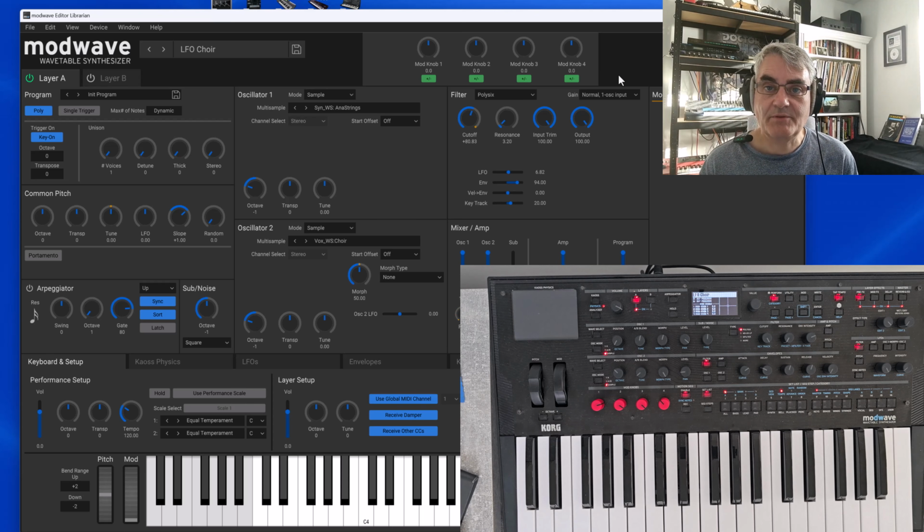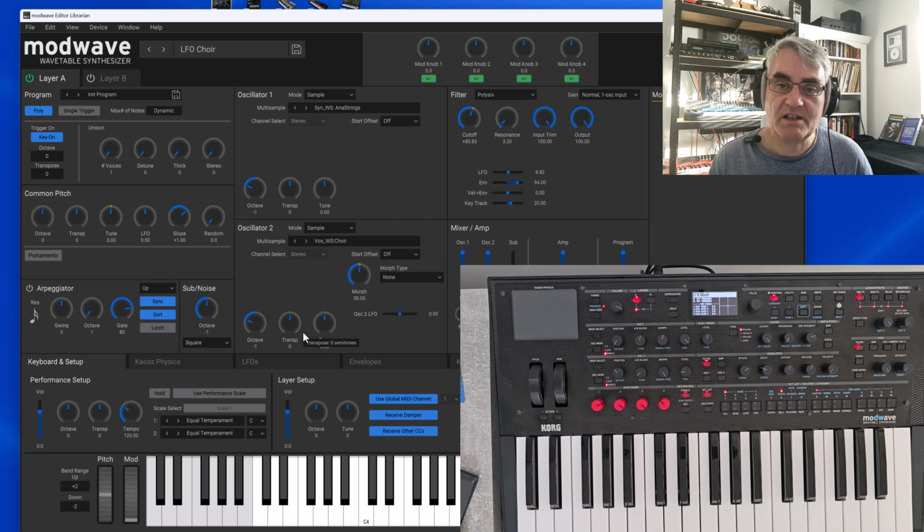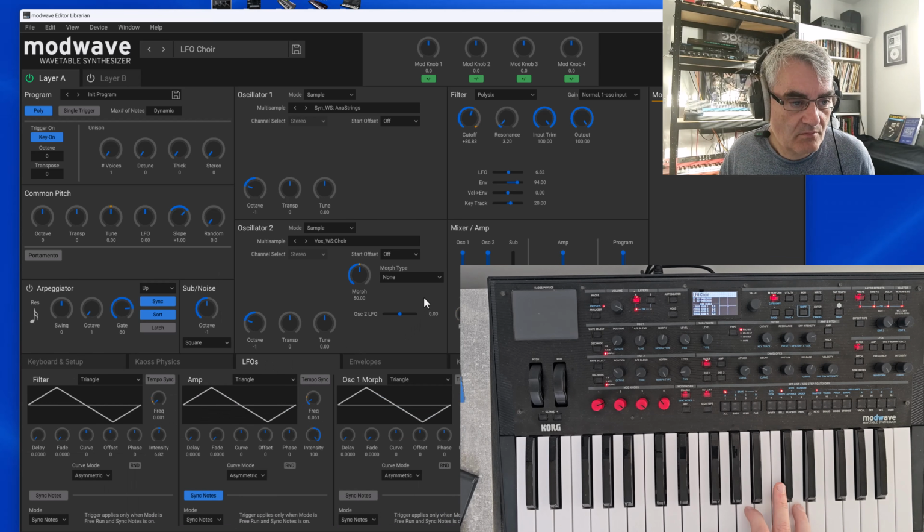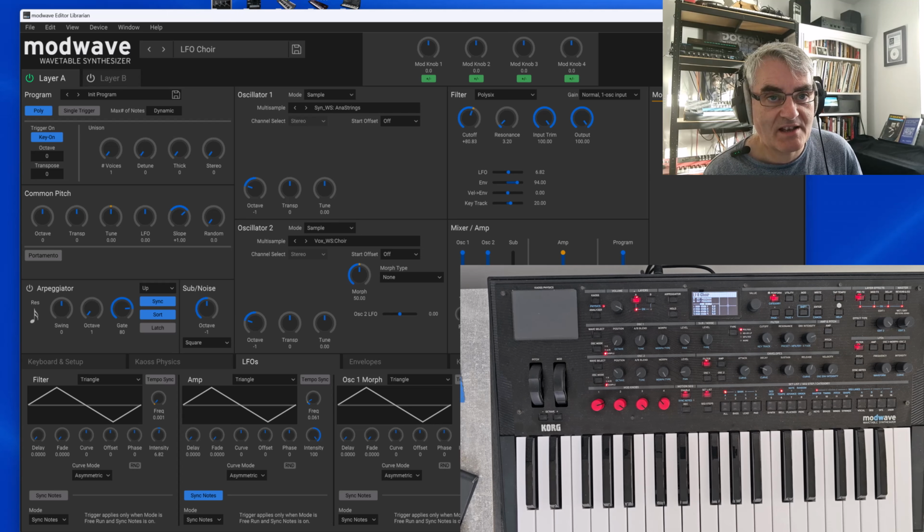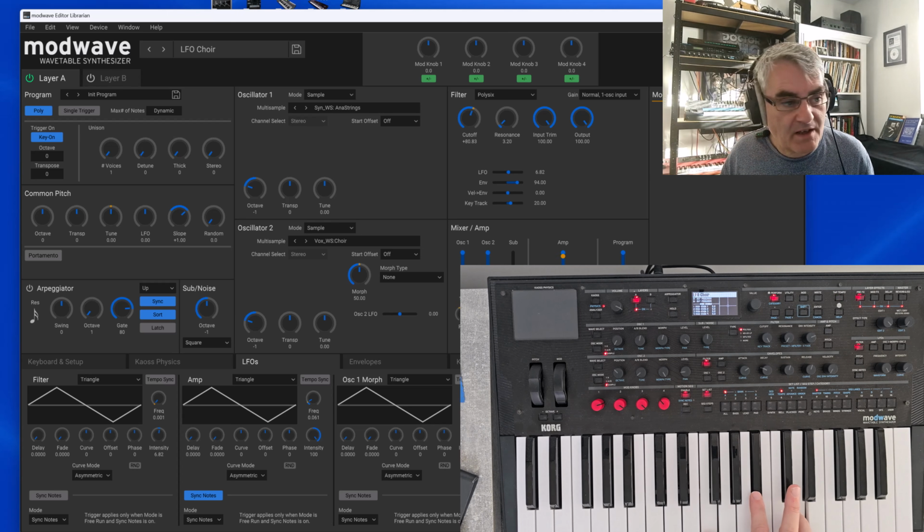So in that case, the LFO speed is being controlled by the envelope. So you can see the amp envelope. So that gives us that sort of effect of the